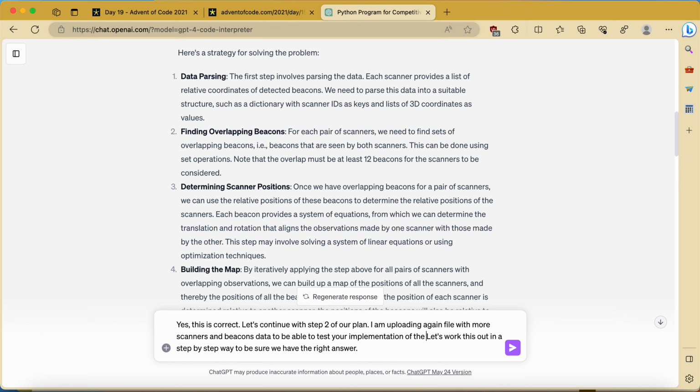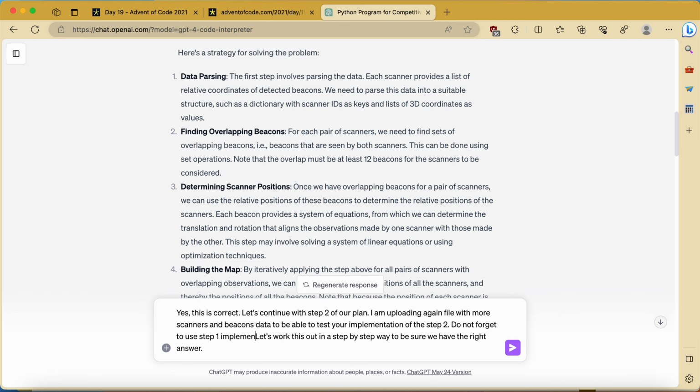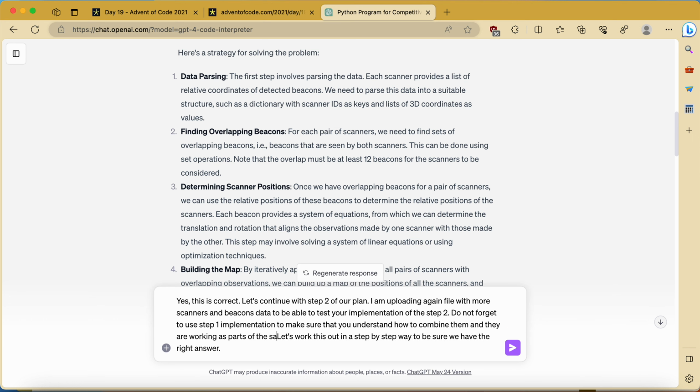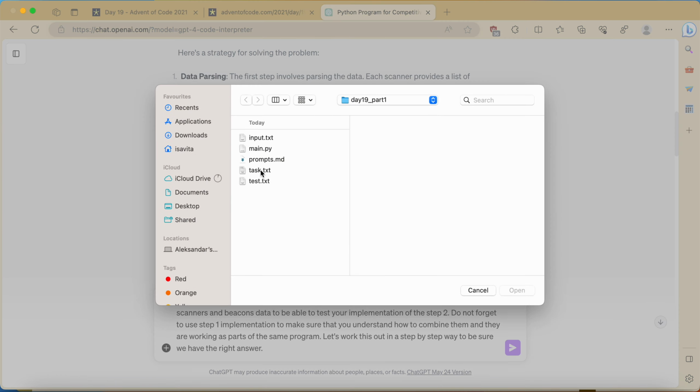Okay. Step 2. Do not one station to make sure that you understand them and they are working as of the same program. Okay, let's. It was very worthy, but